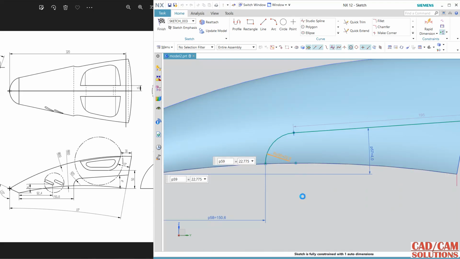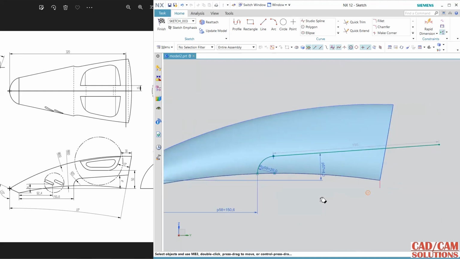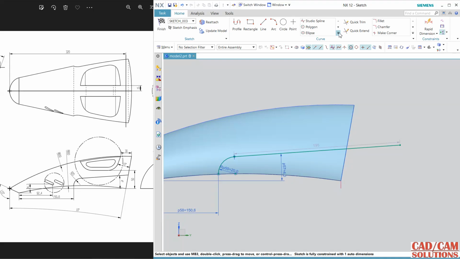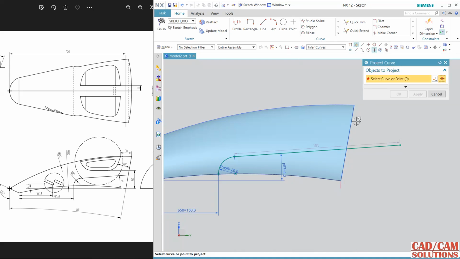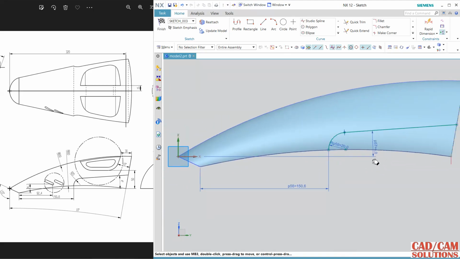And the radius is 20, and still it is not matching. So again I am using this project curve and select this outer curve, apply, and make this line as a reference, and pick this and this line, make them constant, right? So this curve is now properly defined.